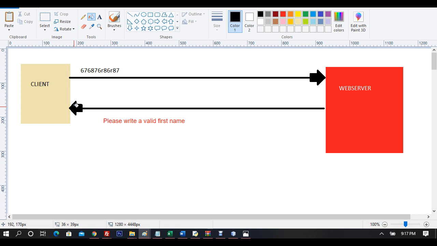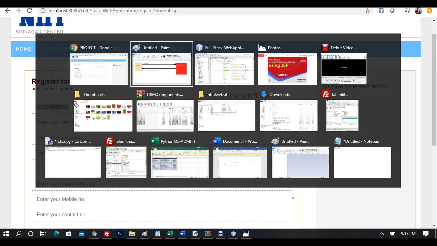Why don't you resolve validation in the browser itself? Why doesn't the browser validate the data and then send valid data to the server? And for that, what we are going to do today is use browser validation. So we are going to use JavaScript validation here. So now if I go back and show you the